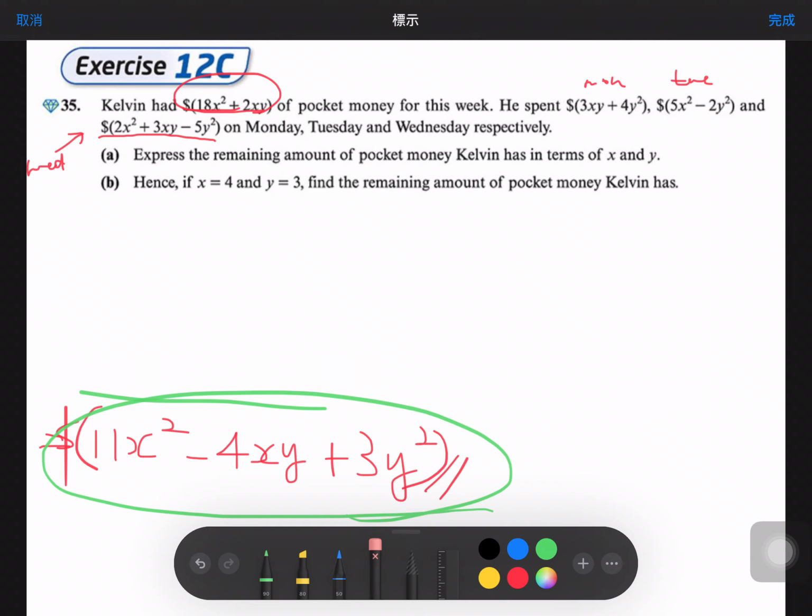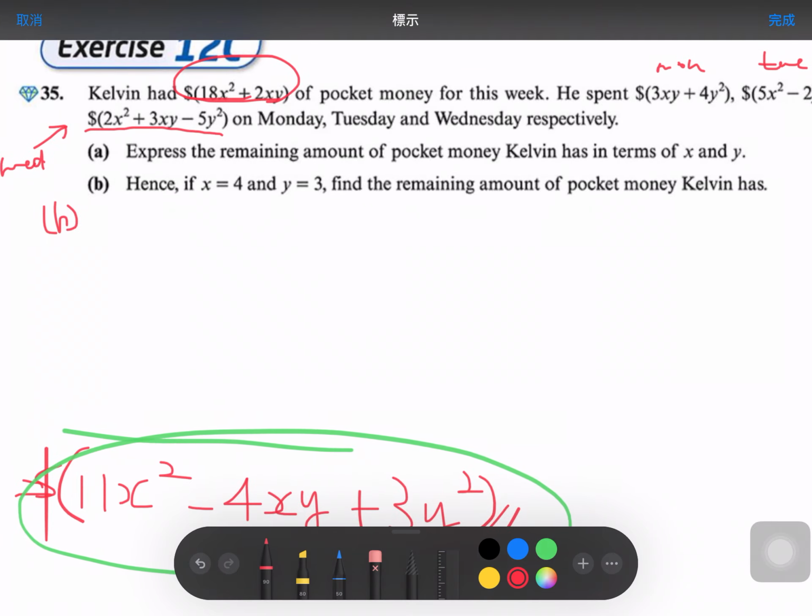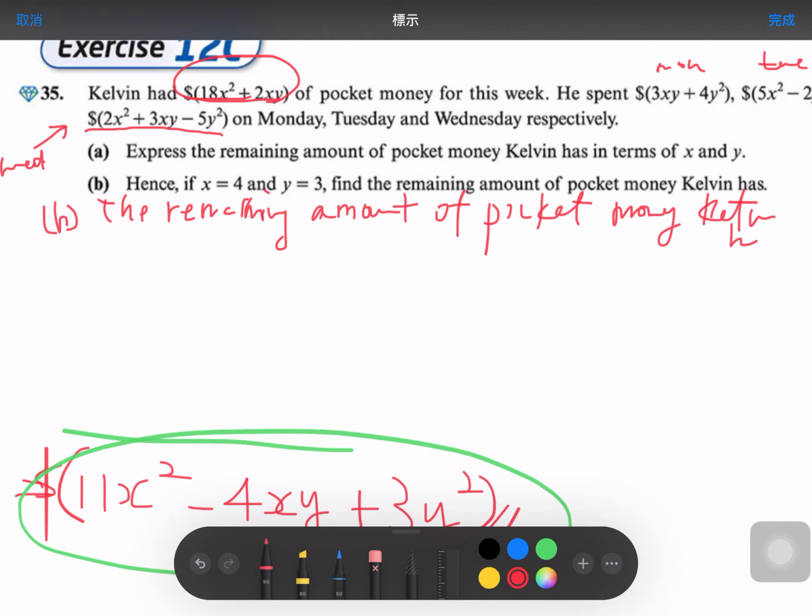So for part B, the remaining amount of pocket money. Once again, you need to write down the statement showing what you are calculating. The amount of pocket money Calvin has if x equal to 4 and y equal to 3,